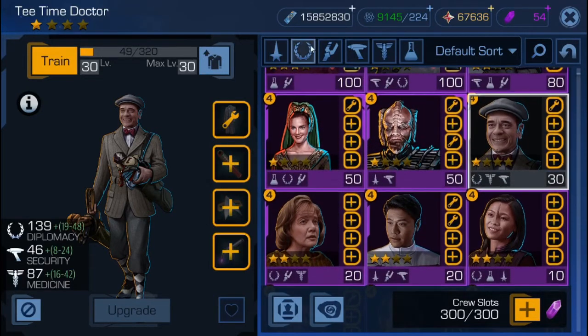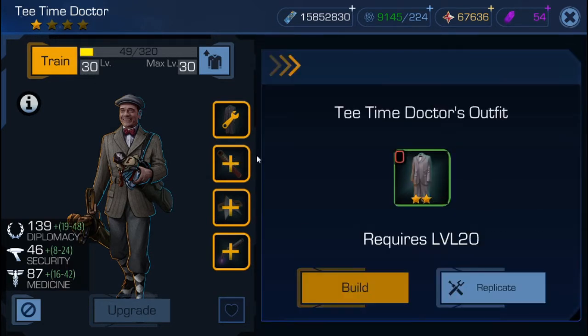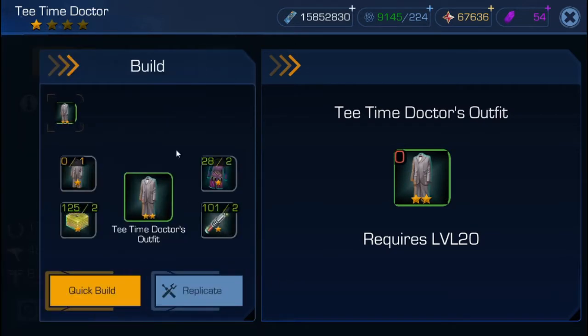Crew have 6 different main skills. You've got your main stat, and then you've got a secondary stat. You have to grind out for gear. You have to build the gear,